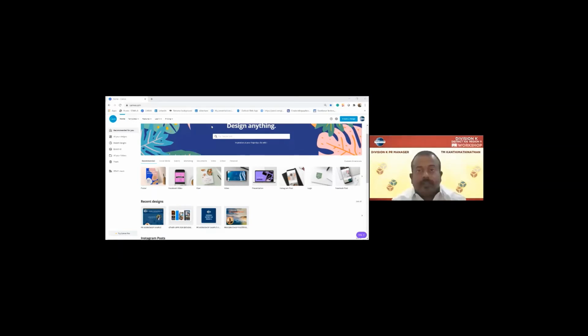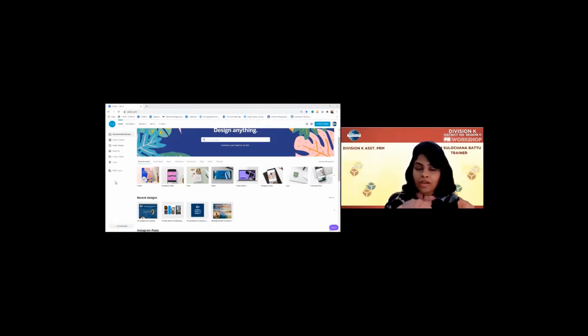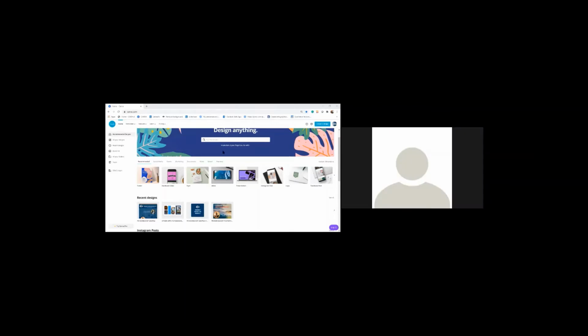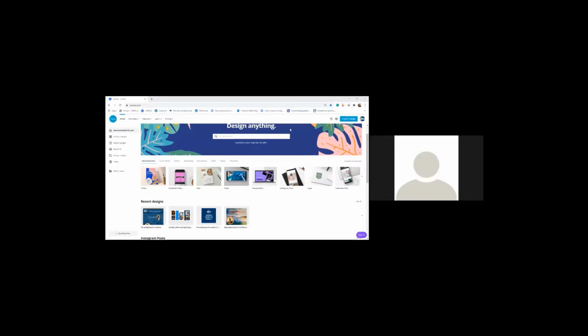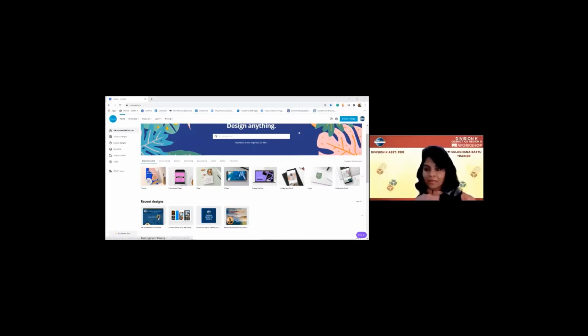Okay. So this is a very nice feature and I'm showing it on a free platform, not the paid one. So I'm going to go one by one with the features of Canva. If you feel I'm going fast, please send a chat. I think someone is speaking. Ask the Zoom master to mute everyone other than me.